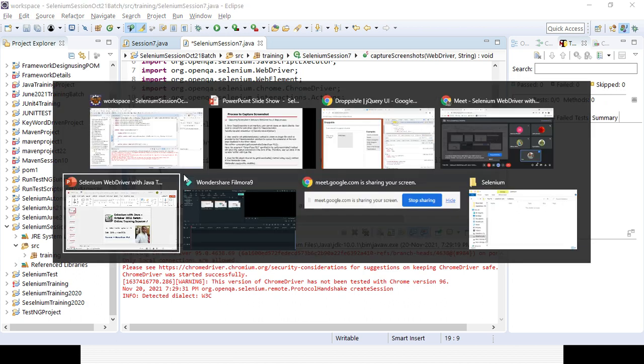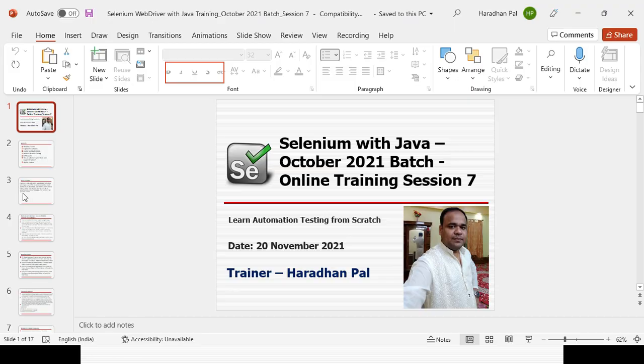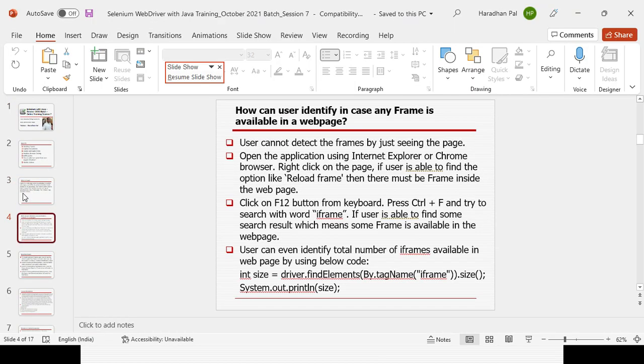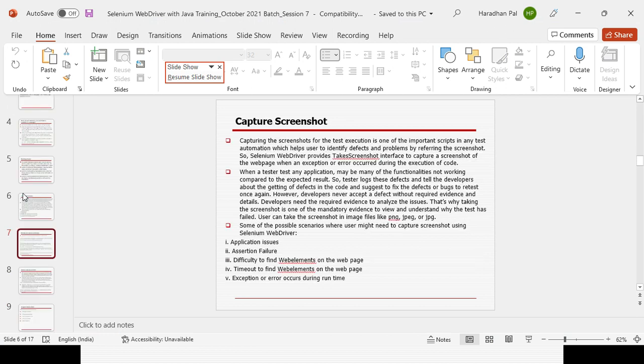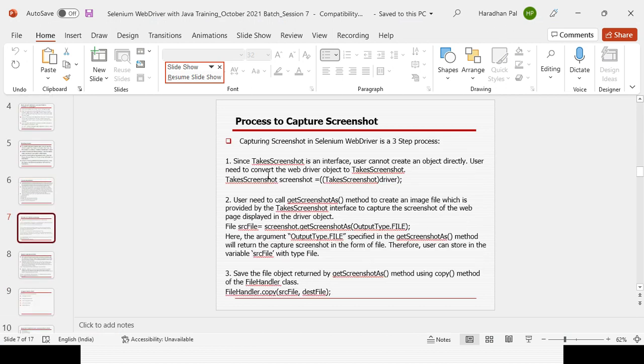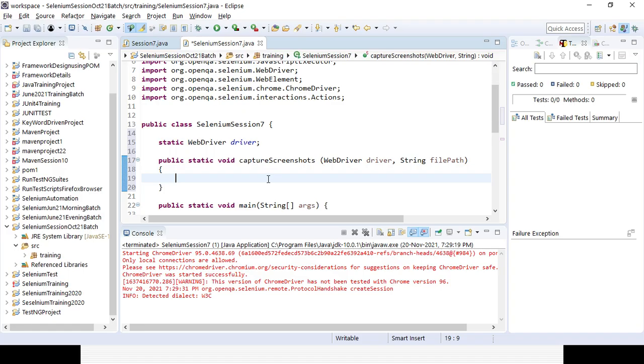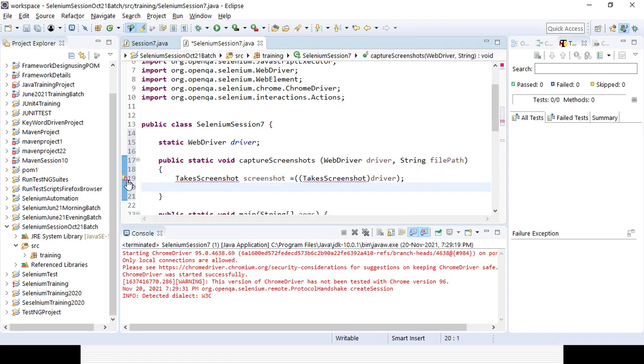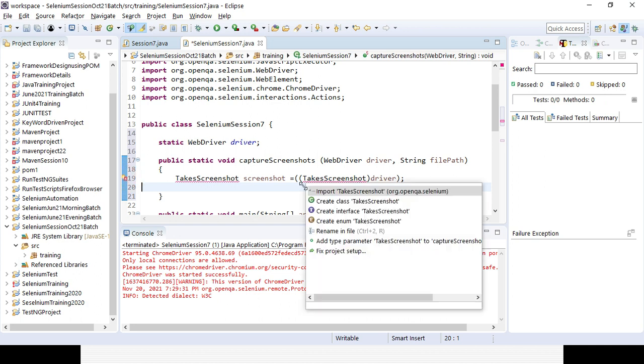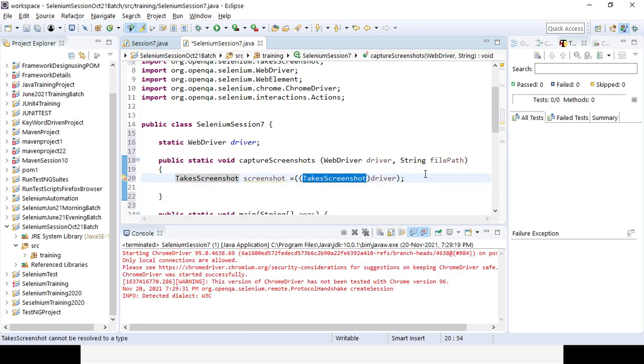I will simply copy the lines of code here, whatever I have written. This is the first line here. I need to import the TakesScreenshot interface from org.openqa.selenium.